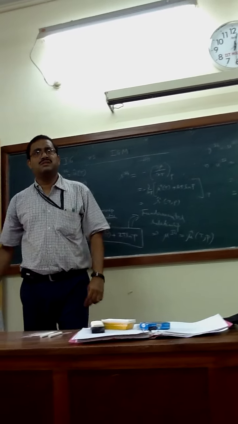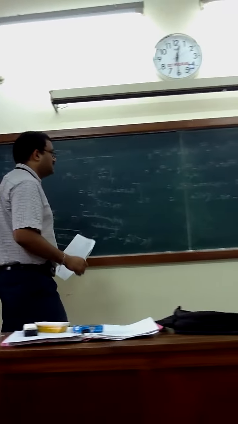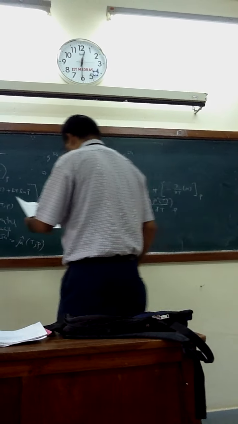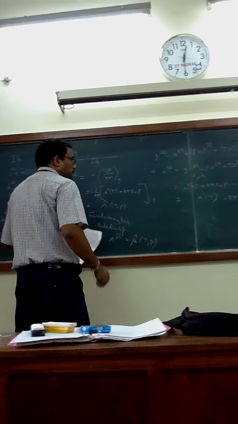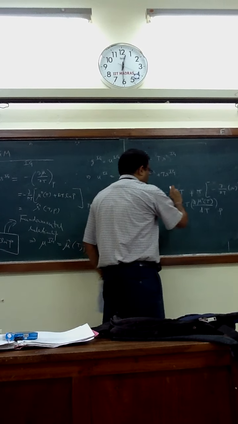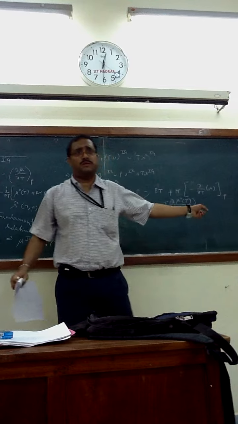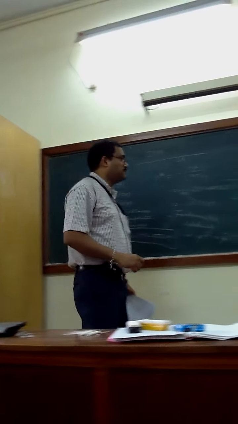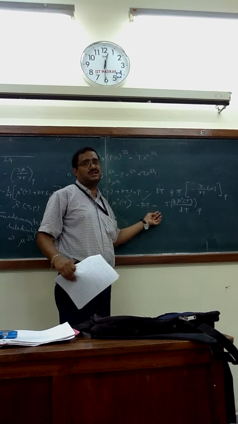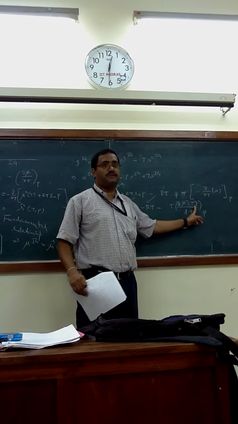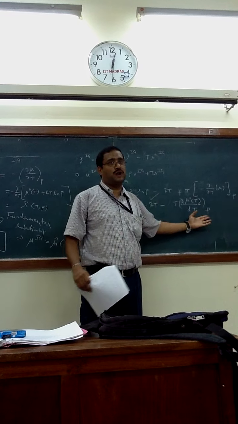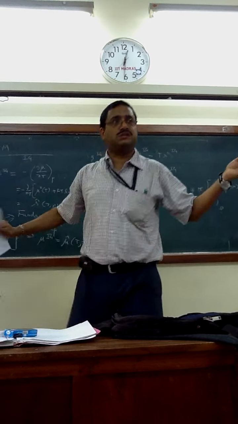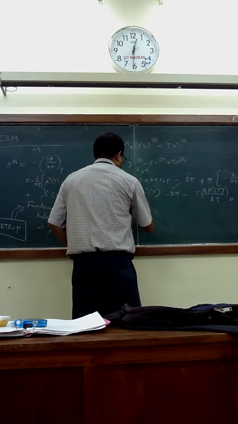Correct? Yes. That says that this is a function of temperature, this is a function of temperature, this is constant pressure, also a function of temperature, right? So this is a function of temperature, correct? Of course, mu is a function of temperature. Constant P, if you write it or don't write it, doesn't matter. It is a function of temperature only. That's the equation. Okay? So it says that you have,